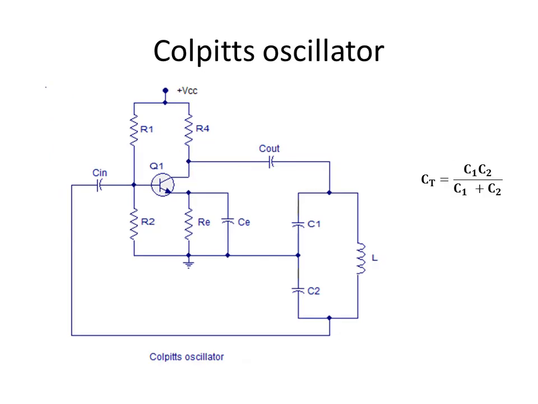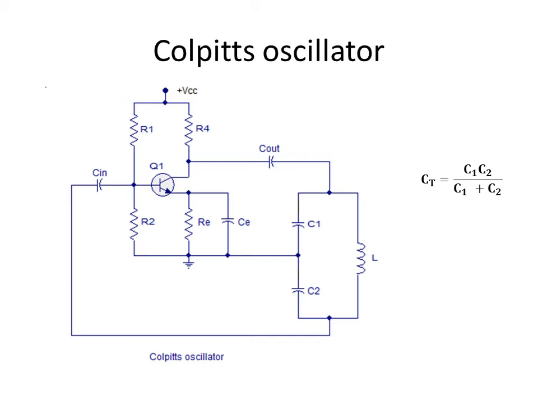Now we will see another important oscillator. It is referred to as the Colpitts oscillator. So this is the circuit diagram. You will have to examine it, take time and find out how this will be working. And in this case, I am sorry, I haven't marked the output. Actually, the output will be taken from the top here. You can see the C out. So it is actually this point, or the negative plate of C out, at which we will be connecting the CRO. So in this case also we will be taking the output from the collector branch.